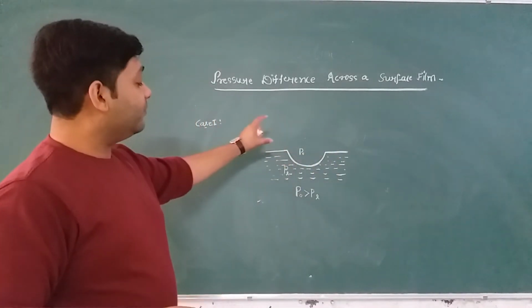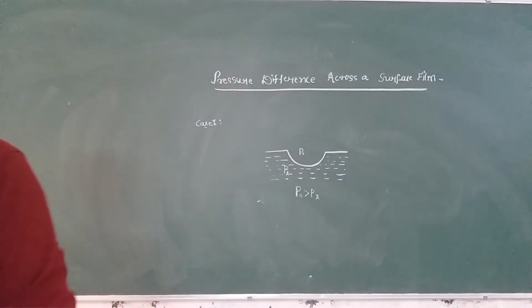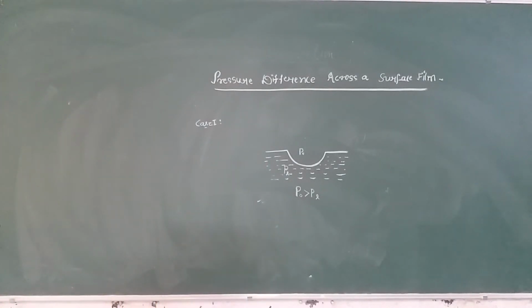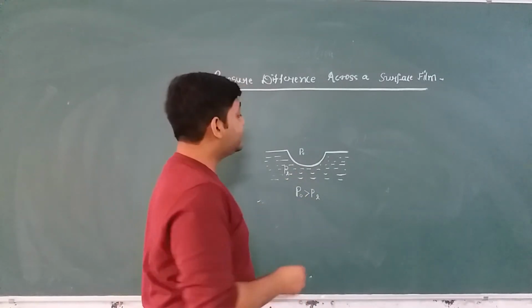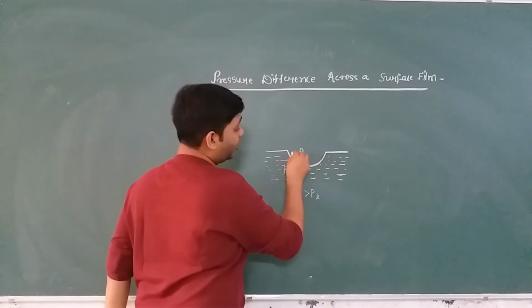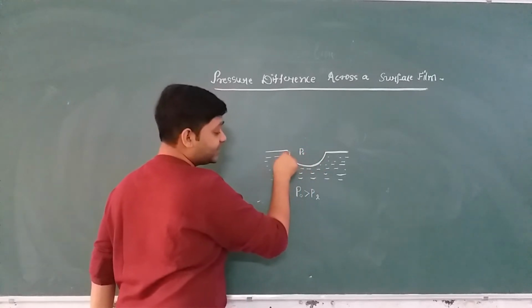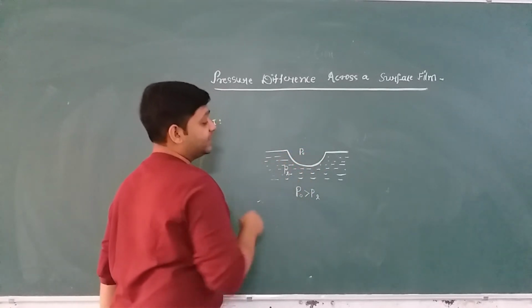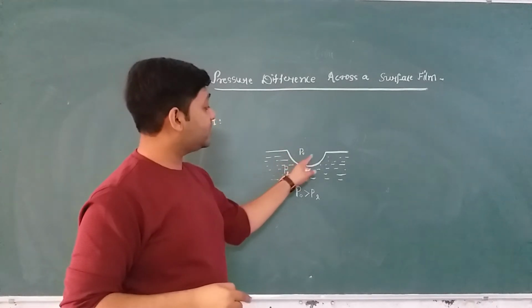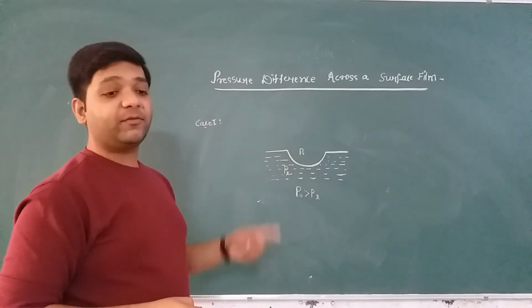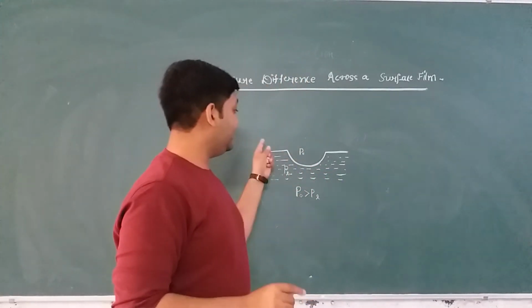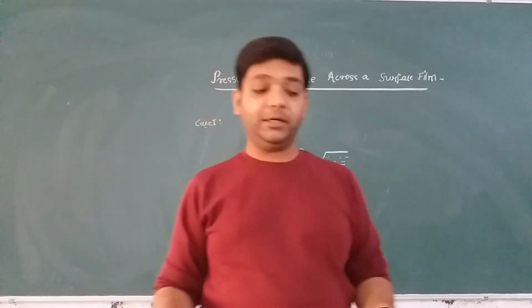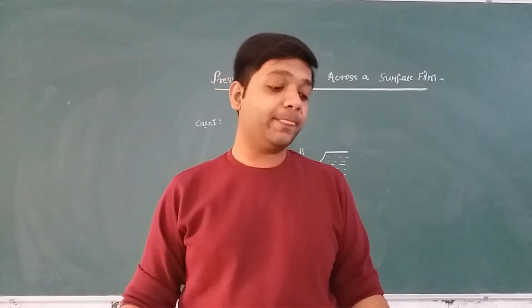So all in all, what you need to remember is that whenever the surface of the liquid is curved, there is always an excess of pressure on the concave side of the surface over the convex side of the surface. Please write down this statement, write down the conclusion. On the basis of the 3 cases that we have discussed, now we are going to write the conclusion.